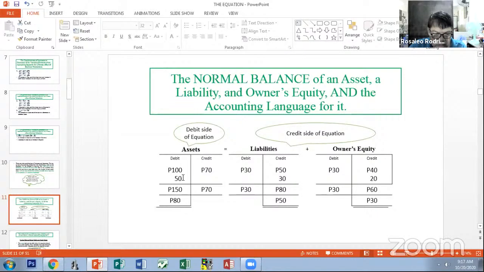Then there is another transaction here, an increase in the asset. So here we have a total of 150. A credit, a decrease in the asset, like payment of cash, is recognized as credit. So this is the balance. We call this the balance. 150, total of the debit, minus total of the credit, is the balance of